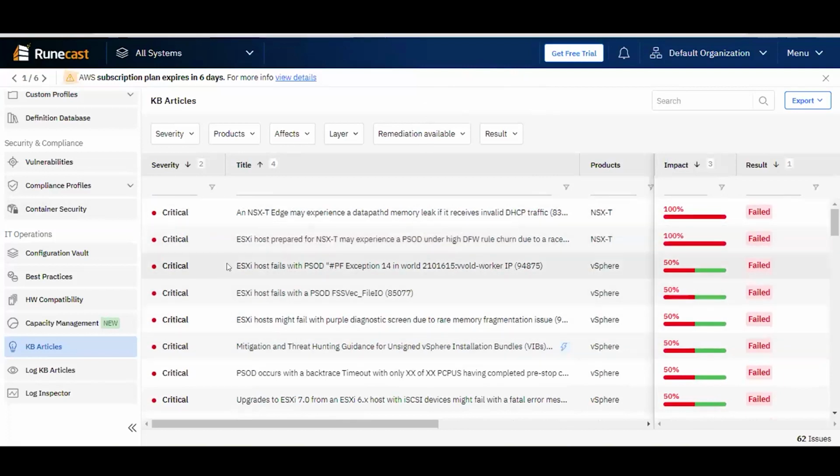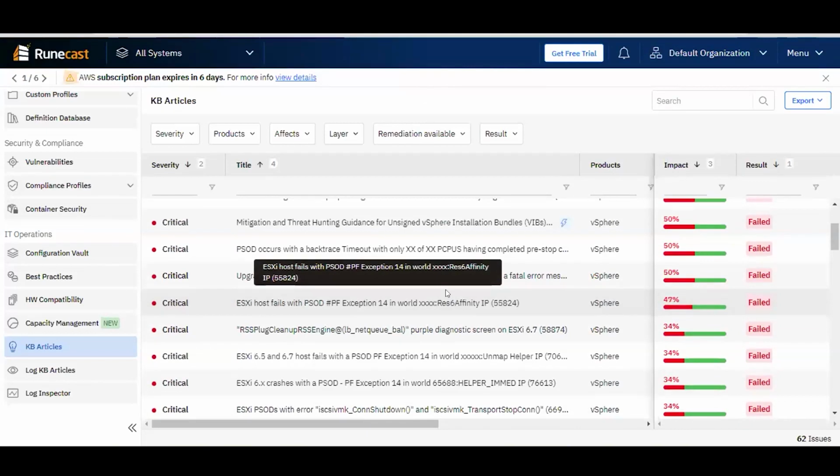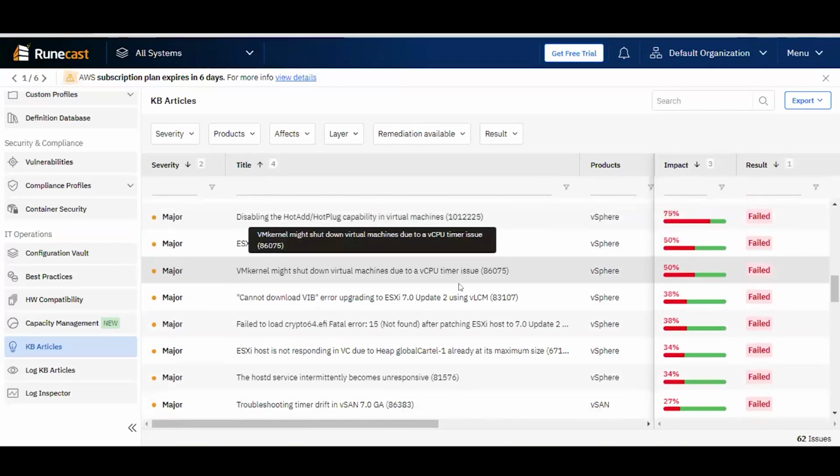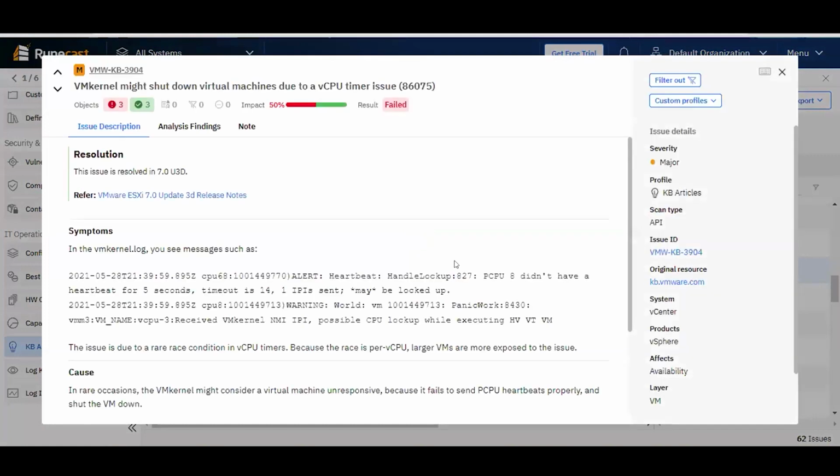You're going to see criticals a lot of times for VMware specifically are going to be related to purple screens. You know, obviously critical is the worst thing that can happen for a VMware host, but we have some other things, the major, mediums, lows, CPU timer issues, and so on. But the point of this is, again, automatically doing this in a matter of seconds, presenting all of this data